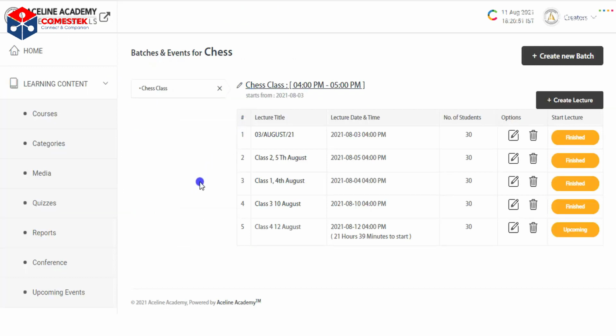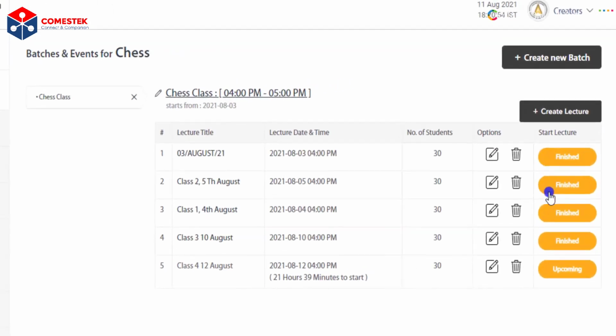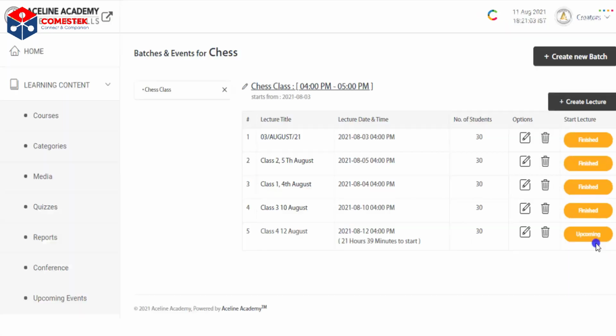After the live classes are created, they will also be reflected in the page of batches and events like we are seeing here, with some classes shown as finished and some as upcoming, along with the options to edit and delete them.